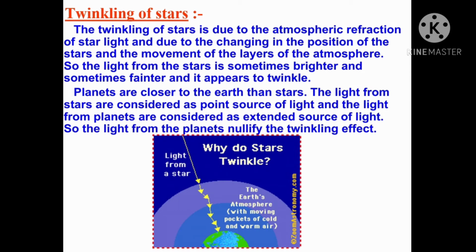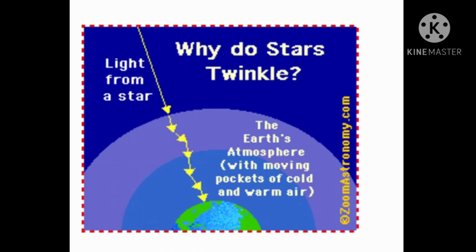The twinkling of a star is actually due to atmospheric refraction of starlight. The starlight on entering the Earth's atmosphere undergoes refraction continuously before it reaches the Earth. The atmospheric refraction occurs in the medium of gradually changing refractive index. Since the atmosphere bends starlight towards the normal, the apparent position of the star is slightly different from its actual position. Sometimes the star appears slightly higher than the actual position when viewed near the horizon.